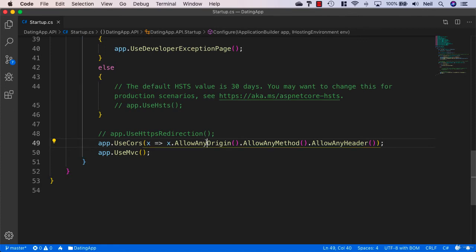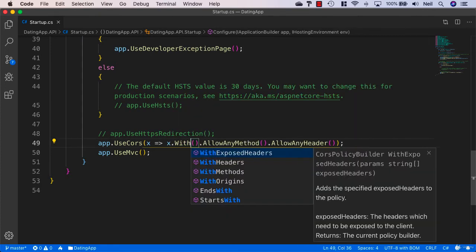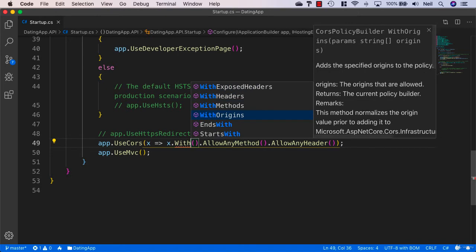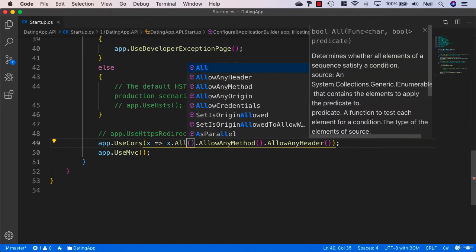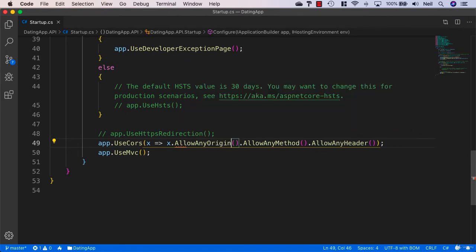Now, this looks extremely weak, but this isn't actually really a problem, and it doesn't give us any actual security concerns. What we could do with the origin is be more specific, and we could say WithOrigins, and then we could specify the address of our client application so that our API would allow our client application to receive the data from this particular API. But like I say, it's early on in the course, and we're just going to go with AllowAnyOrigin